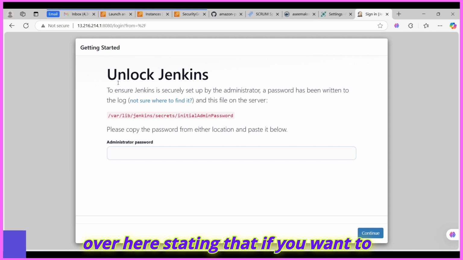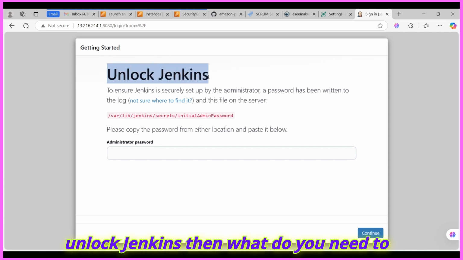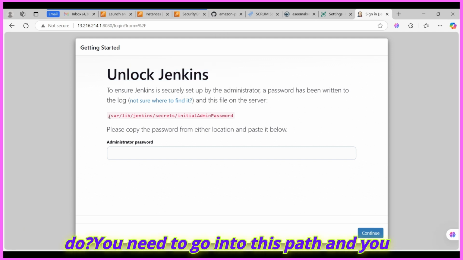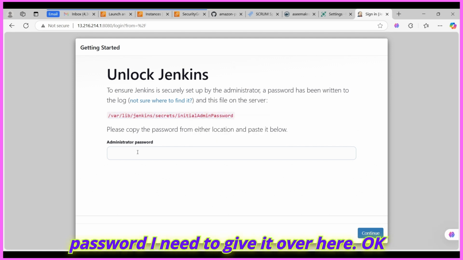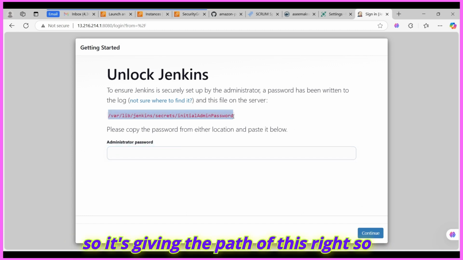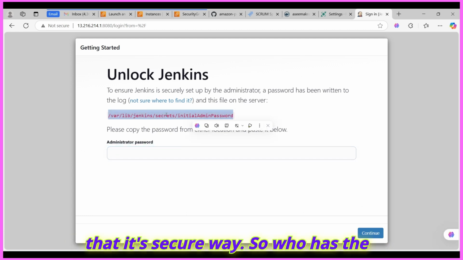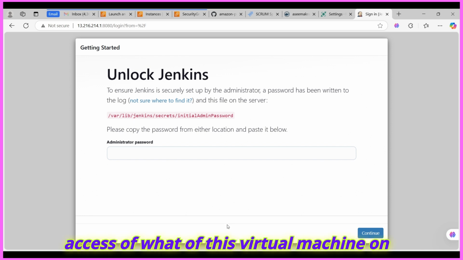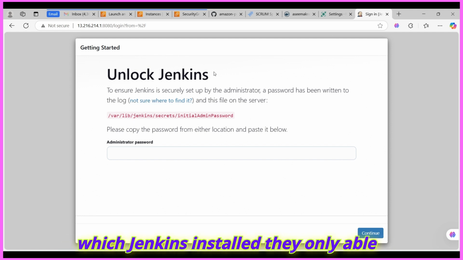So if you check over here, it's stating that if you want to unlock Jenkins, you need to go into this path and you will find one password. That password I need to give over here. Okay, so it's giving the path of this, right? So that it's a secure way. Who has access to this virtual machine on which Jenkins is installed, they are the only ones able to log